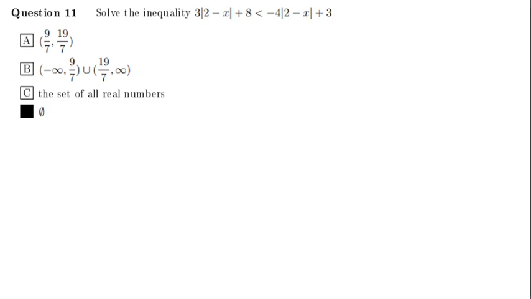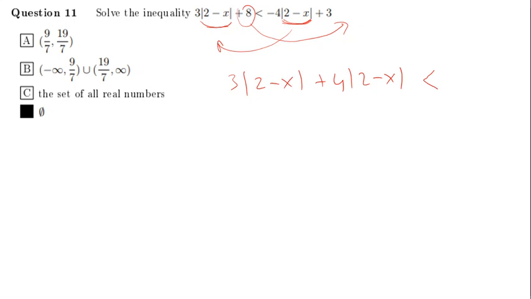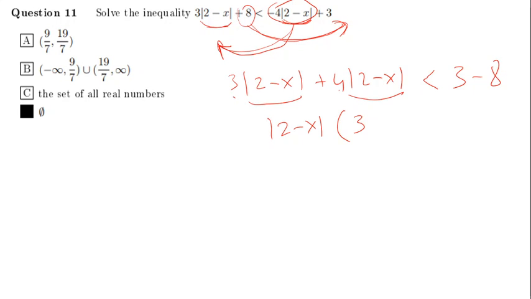Now solve the inequality. We solved this one in the exercises, I think in the examples and the slides. Now we have similar terms. We can send this one to the other side, and we collect these terms on one side and send this one to that side. So this will be 3 times the absolute value of 2 minus x plus 4 times the absolute value of 2 minus x is less than 3 minus 8. Or you can do it one by one. Now these are common factors. So you can say the absolute value of 2 minus x times 3 plus 4